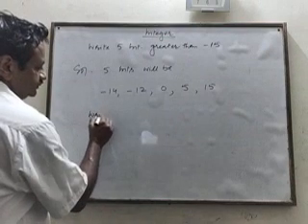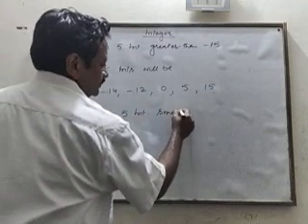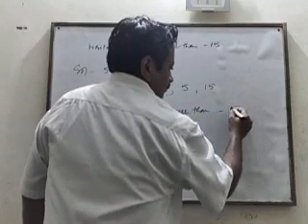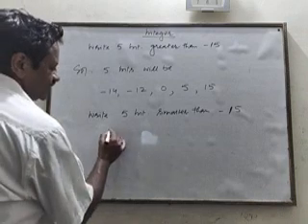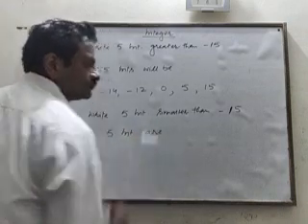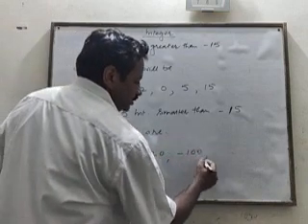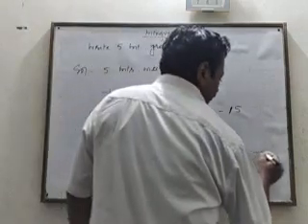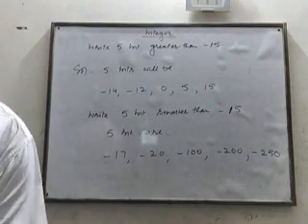Write 5 integers smaller than minus 15. So integers on the left side of minus 15 will be smaller than minus 15. So write any five integers. Five integers are minus 70, minus 20, minus 100, minus 200, minus 250. These are all smaller than minus 15.